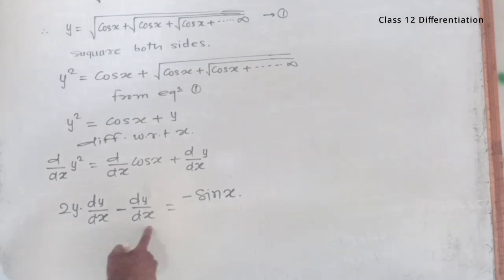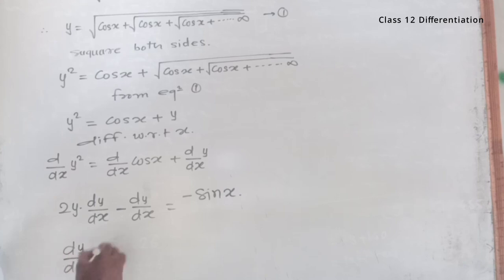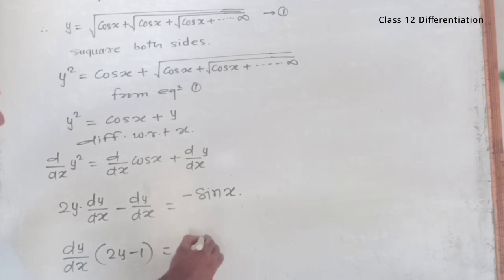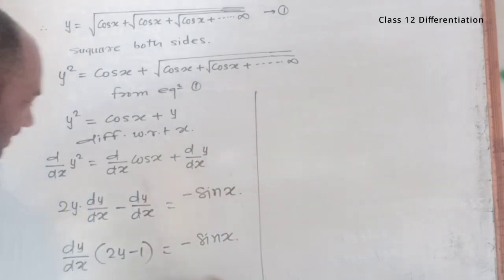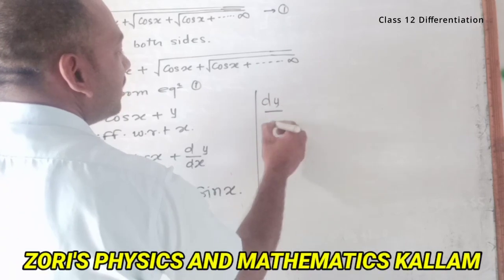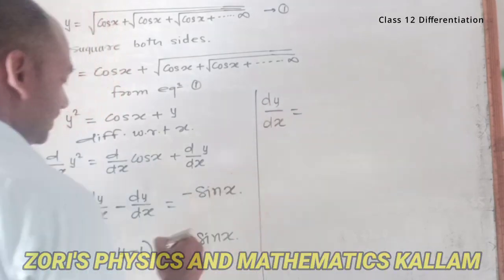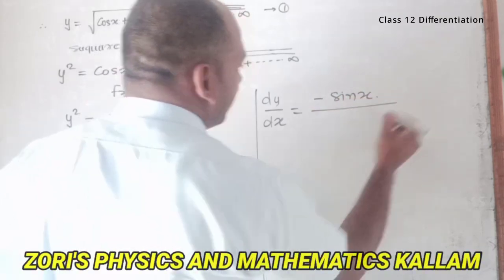Now take this part common here. So we have dy upon dx in bracket 2y minus 1 that is equal to minus sin x. Take this part to the denominator here by the cross multiplication. So dy upon dx is equal to minus sin x divided by